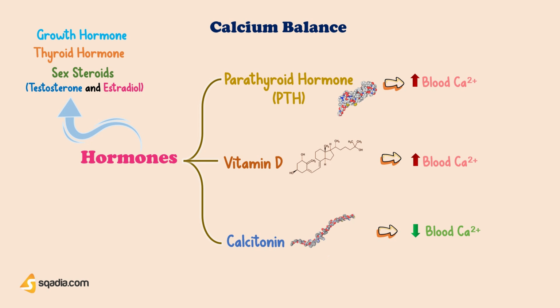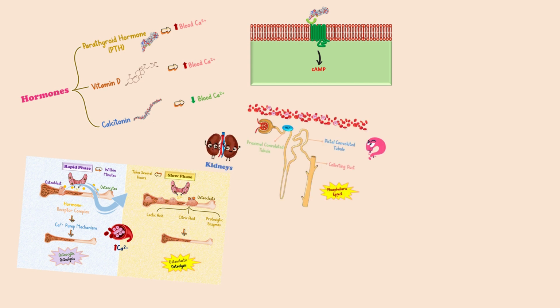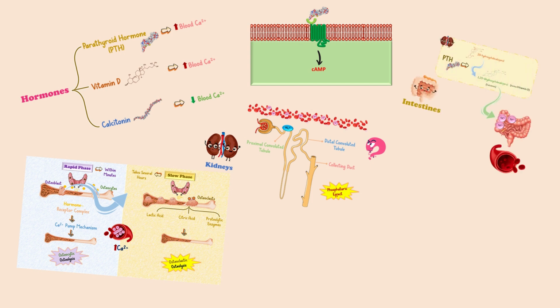For a quick recap, there are 3 principal hormones that regulate the calcium in blood. These are parathyroid hormone, vitamin D3, and calcitonin. Parathyroid hormone acts on its G protein-coupled receptors, increases plasma calcium by mobilizing it from bone. It also increases calcium reabsorption from the renal tubules and simultaneously decreases the reabsorption of phosphate ions. Not only this, but parathyroid hormone also increases the formation of